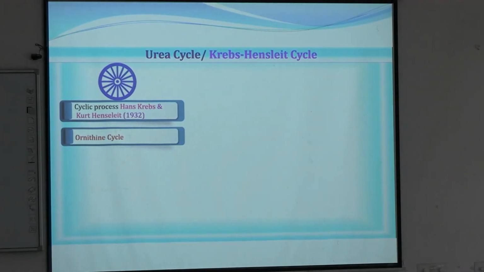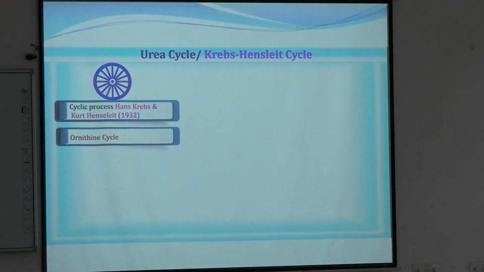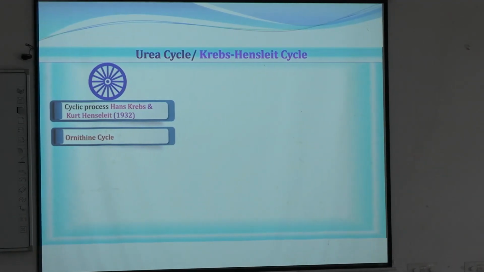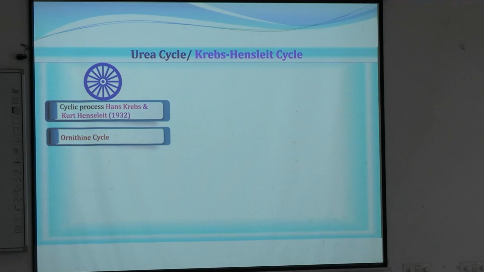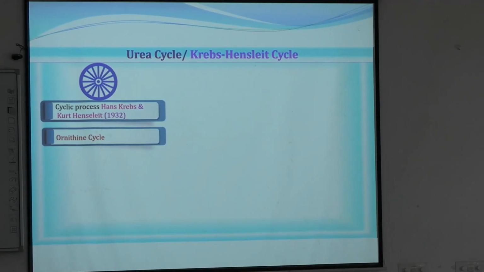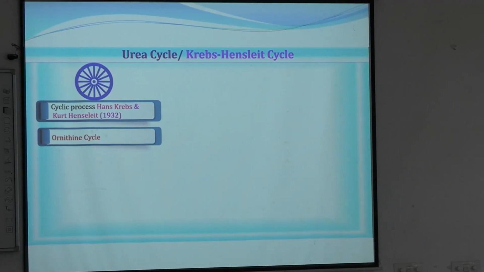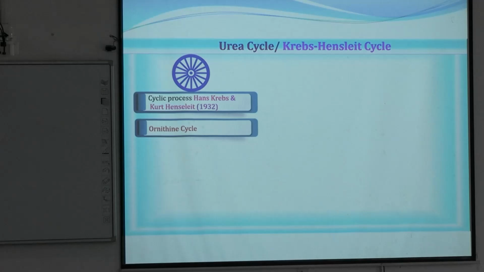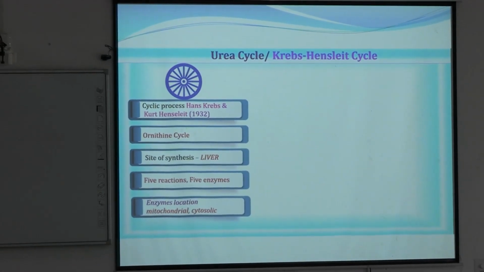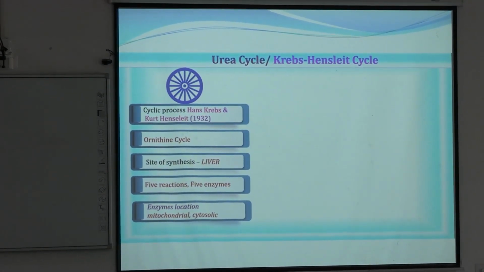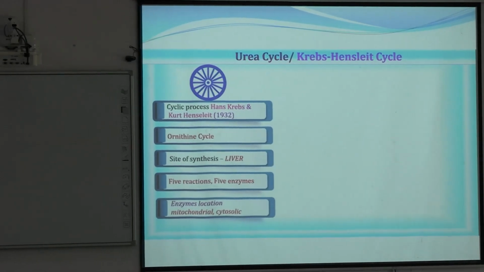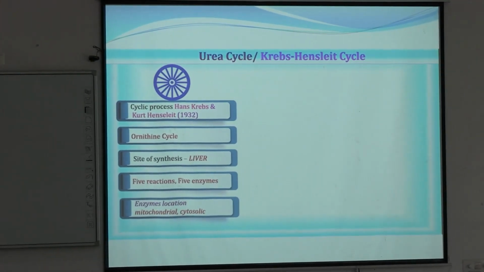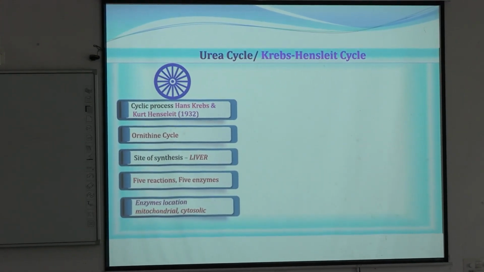It was discovered in 1932 by Hans Krebs and Kurt Henseleit, so it is also known as the Krebs-Henseleit cycle. It is also known as the ornithine cycle because ornithine is an intermediate of this cycle, and it is also very important. What is the site of the urea cycle? Liver, and there are 5 steps and 5 enzymes. The first 2 steps occur in mitochondria and the last 3 steps occur in